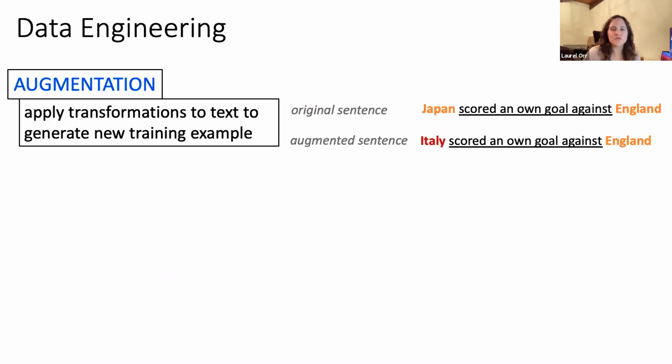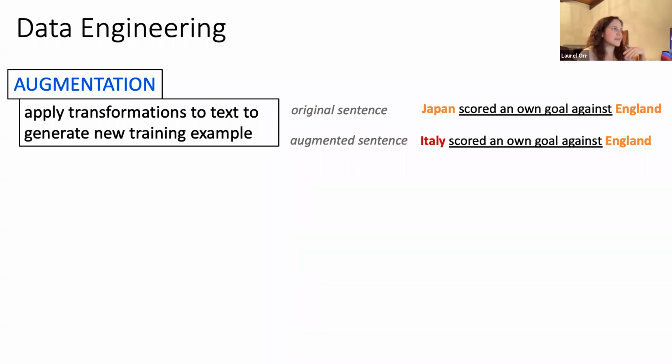Okay, so the first one is what we're calling data augmentation. And again, there's a lot more details about all these methods. I'm no expert by any means, but I'm going to give you a high level overview as to what they are and how they would work in this setting. So again, we're trying to fix our embedding errors. We're trying to improve our model so that it does better at predicting sports teams rather than countries. So one method is what I just said, augmentation.